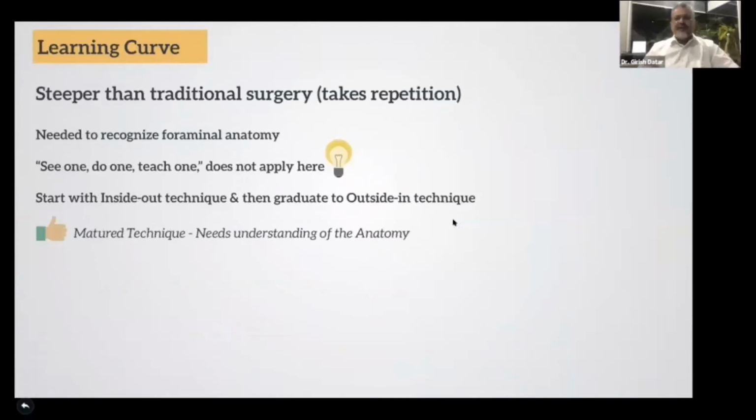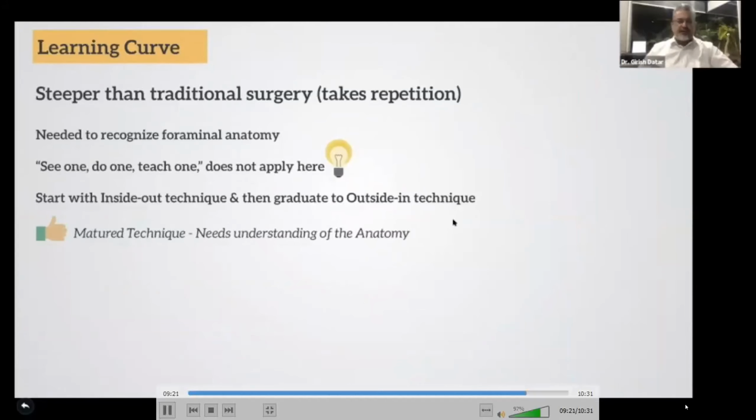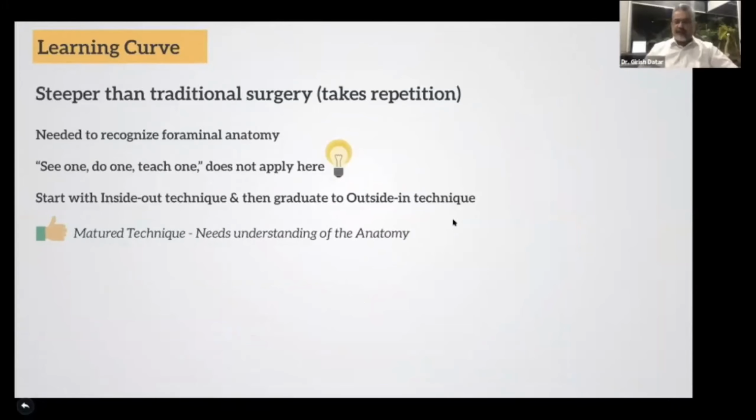Now, the complication rates are very similar to that of the inside out technique, not different. Neurological injury with the outside in technique is again not very common. It's uncommonly seen. These are usually seen in patients who are undergoing the procedure under some kind of regional or general anesthesia. But if you are able to do your surgery under local anesthesia with the patient completely awake and aware, this can be completely eliminated.